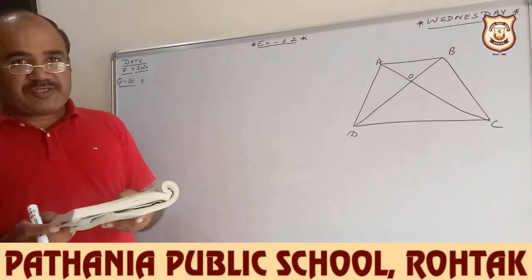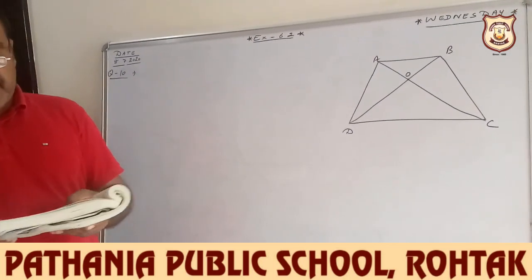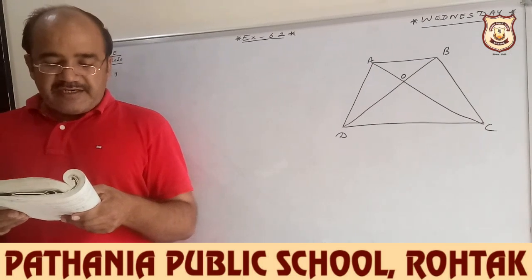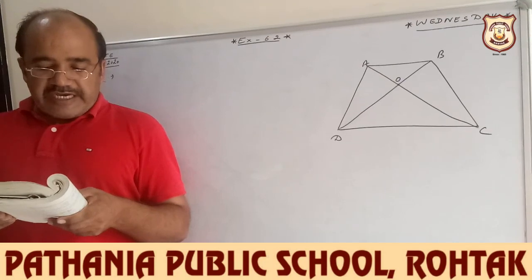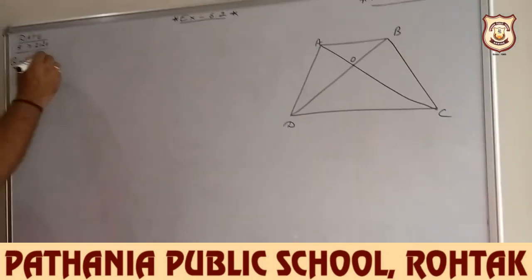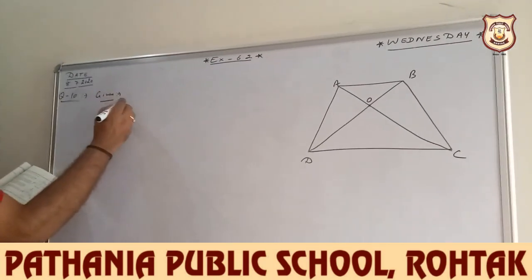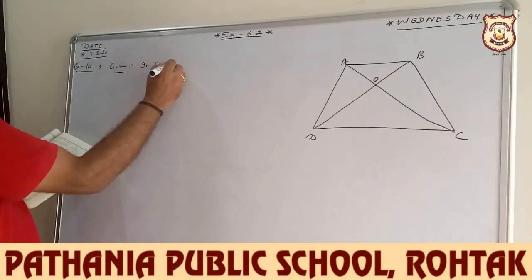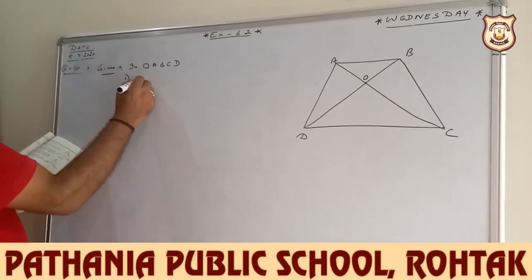Yes student, now question number 10, last question of this exercise. The diagonals of a quadrilateral ABCD intersect each other at the point O such that AO upon BO equal to CO upon DO. Show that ABCD is a trapezium. So in this, converse is there of previous question. Given, you can write, in quadrilateral ABCD, first point, diagonals